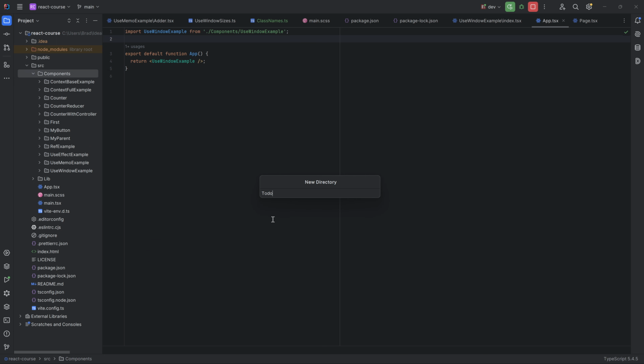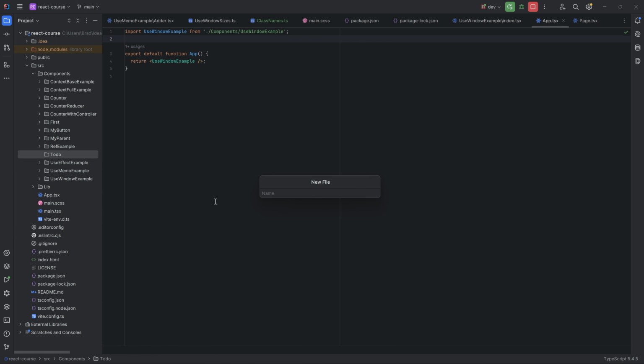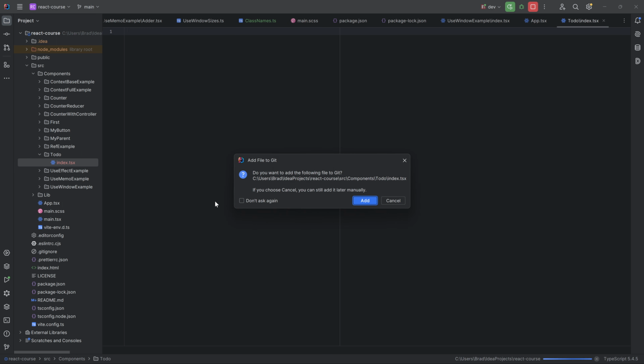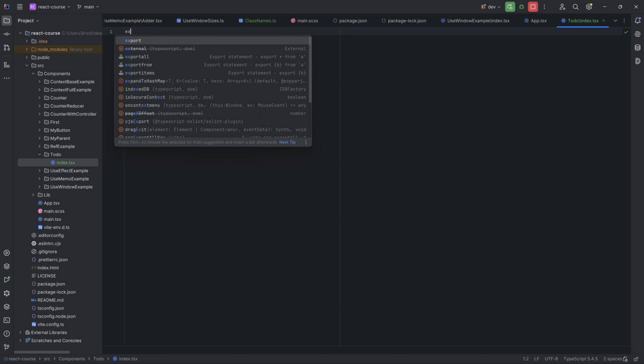And so let's create a new directory called to-do. And a new file we'll call index.tsx. And in this video, what I want to do is just lay it out. We're just going to prototype what it looks like. And then in the next videos, what we're going to do is add all the logic and the functionality and stuff like that. So export